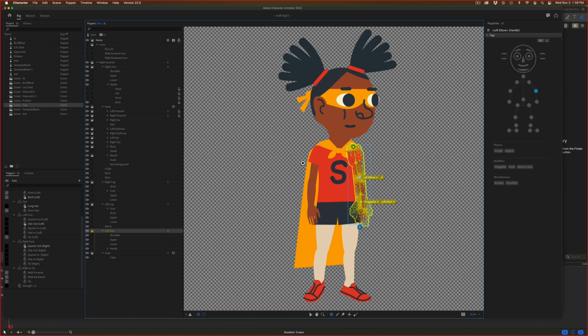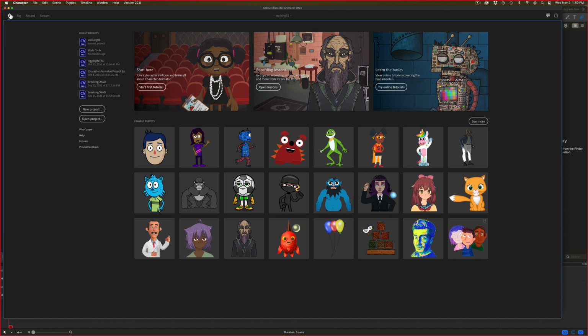These last three puppets are ones that are already geared towards the full body tracking, but really any character can be. They just have to have those appropriate handles first. And then it helps if they're in some kind of setup or facing the camera in a way that makes sense, or at least is what you're looking for. If I were to go to a puppet that does not have body tracking,